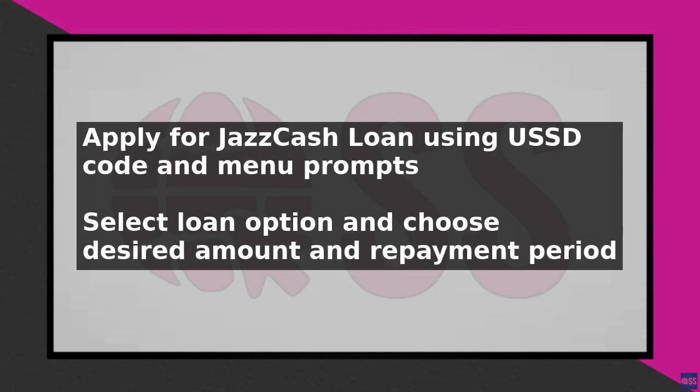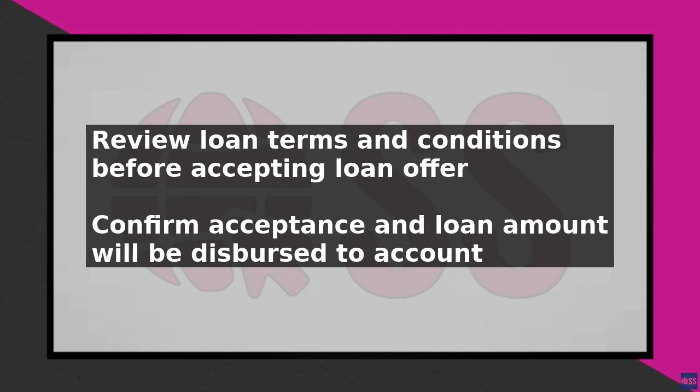You will then receive a confirmation message with the loan terms and conditions, including the interest rate and repayment schedule. Review these terms carefully before accepting the loan offer. If you are satisfied with the terms, confirm your acceptance and the loan amount will be disbursed to your Jazzcash account. It is essential to note that loan eligibility and terms may vary depending on your credit history and account